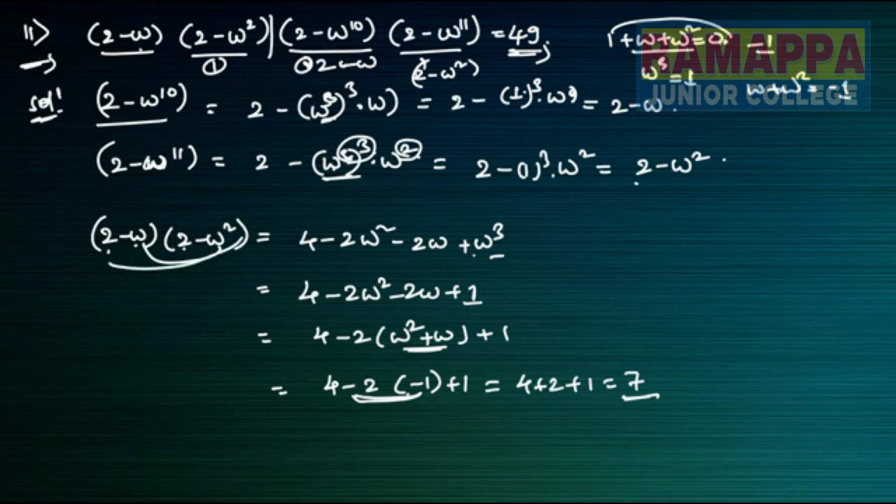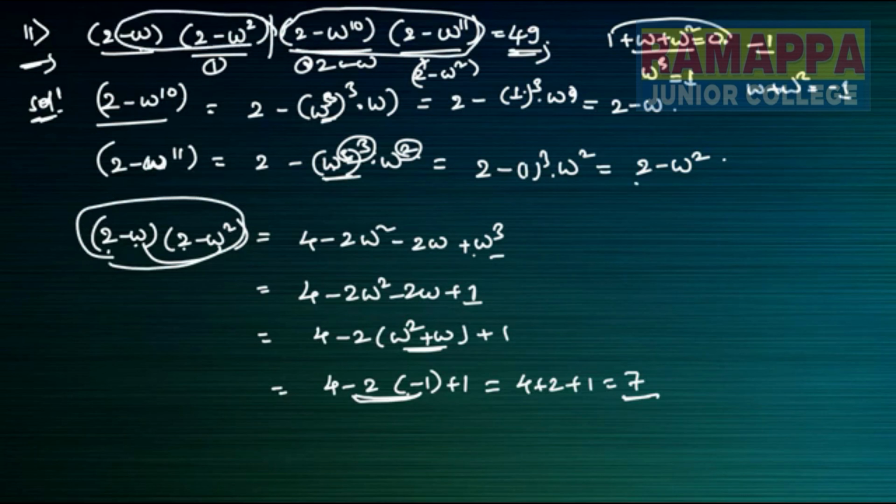So where these two values multiply, again two values are there here also. So these two values will become 7 into 7. Here 7 into 7 is equal to 49. So what he asked us to find, 49 only. So this is the answer here.